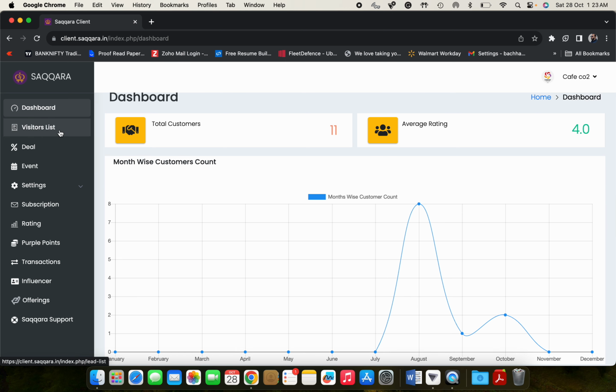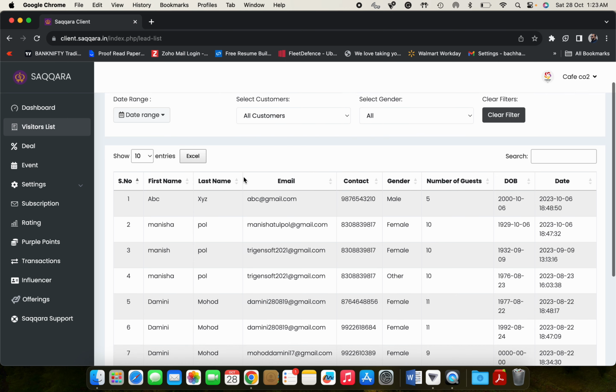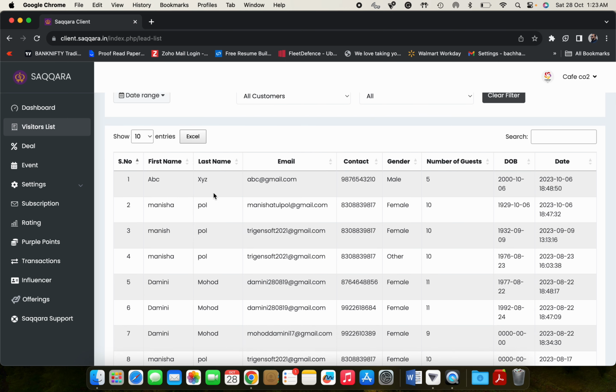Second tab on your left hand side is going to be visitors list. This will give you all the information of the people who are going to visit your place: first name, last name, email address, contact details, gender, number of guests, date of birth, and date on which the customer has visited